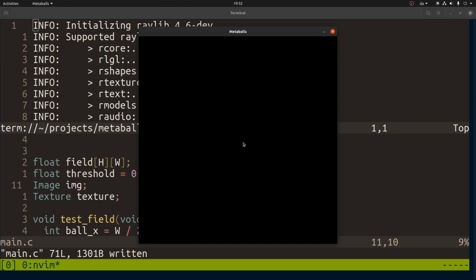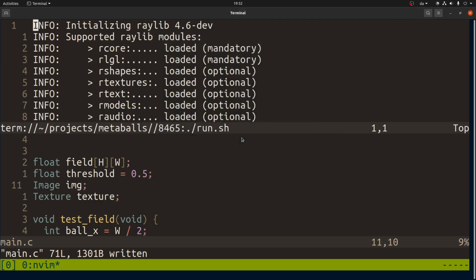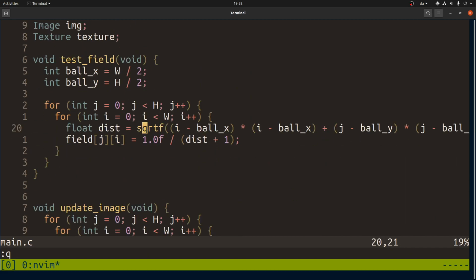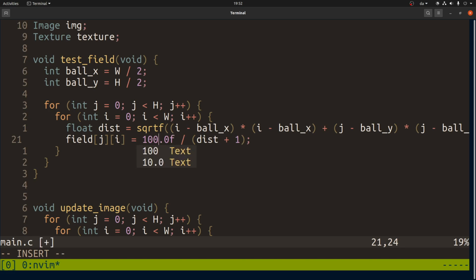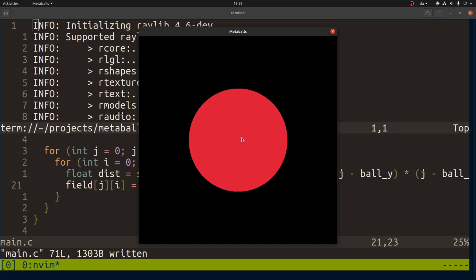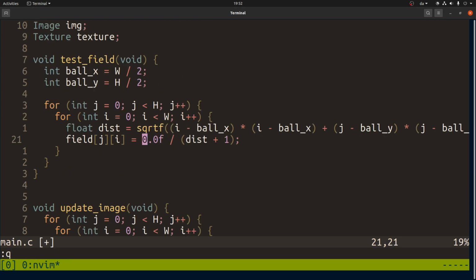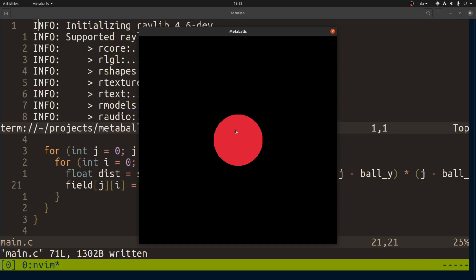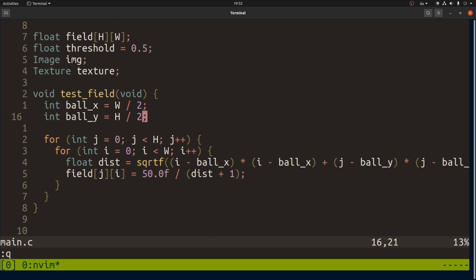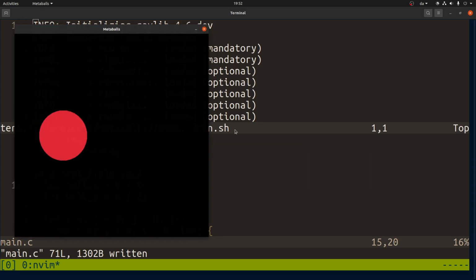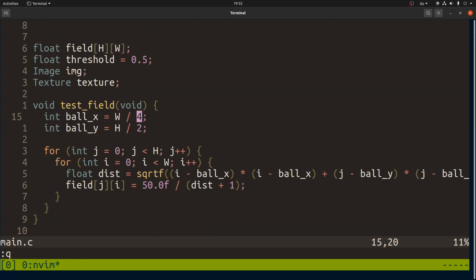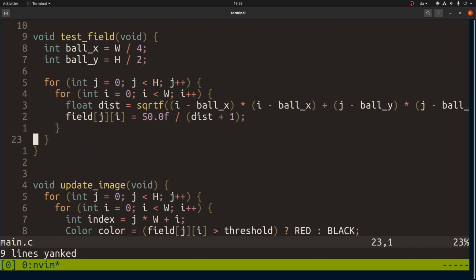There is a tiny red dot, I think you can see. So this is kind of like falling off too rapidly. Let's try with 100. Now you can see we got a nice circle going. So let's actually move it back a bit. And let us add one more